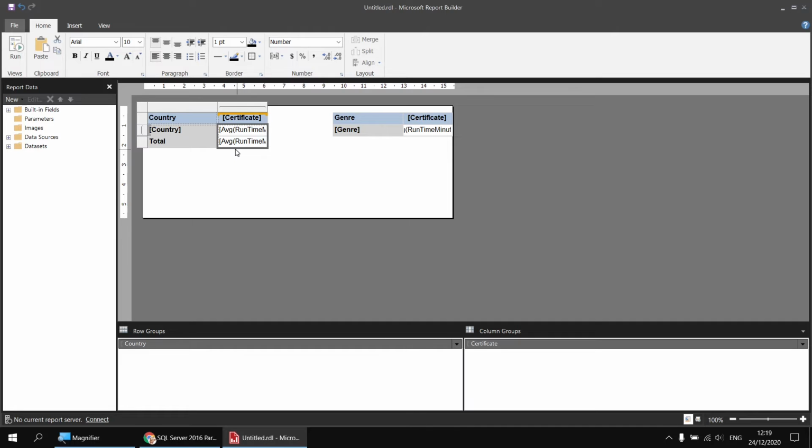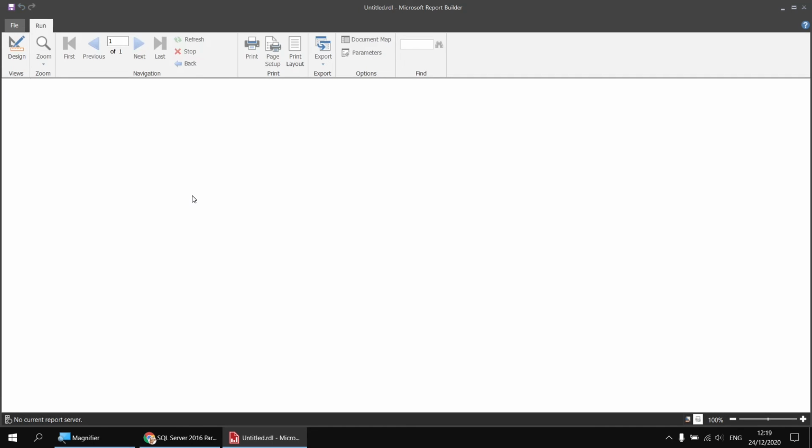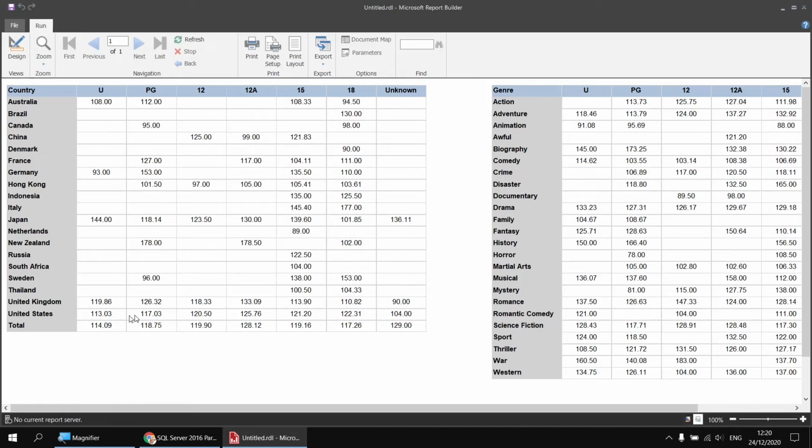It's not going to total up all of the averages. It's going to take the average runtime for each certificate, regardless of what country they belong to. So it's not an average of averages. It's not a total average. It's just the average without the country grouping applied. If I just switch that back to a center alignment and just run the report so you can see the results. There we go, we've got our total row, which I should really relabel as average for certificate or something